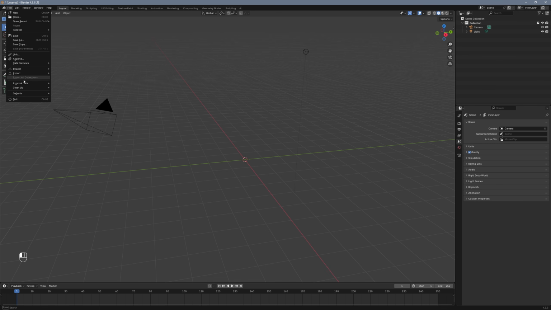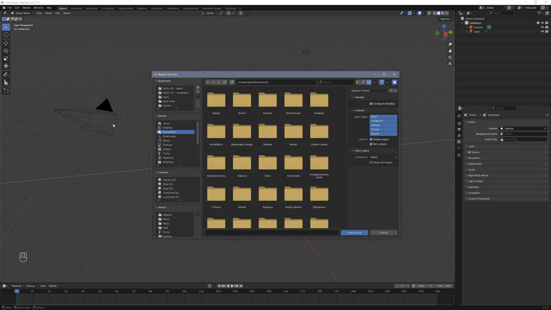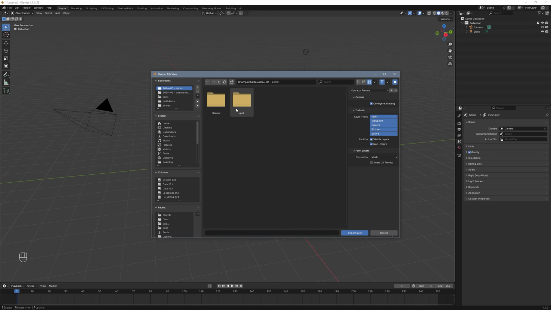So I'm going to do that right now. I'm going to import the scene that I was running before. So here are import options that I will go through later, but basically you select the folder where